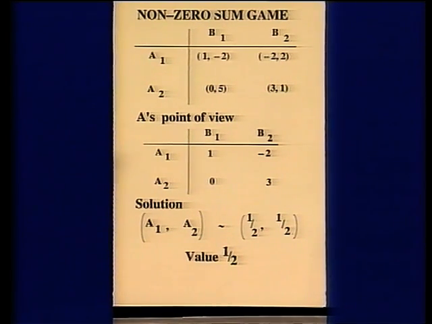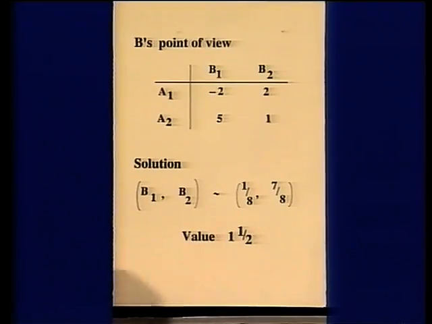Now we can do the same thing from B's point of view, and a similar table can be displayed. The second coordinates for B this time. His strategies are slightly out of balance. He plays the first one on 1/8 of the occasions the game is entered into, and 7/8 for the second strategy. And he can guarantee that way average winnings of 1.5. So that's without cooperation. That's playing it according to the matrix situation.